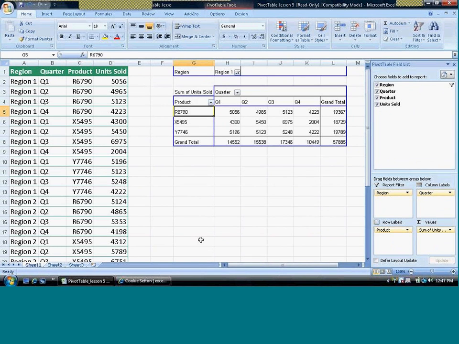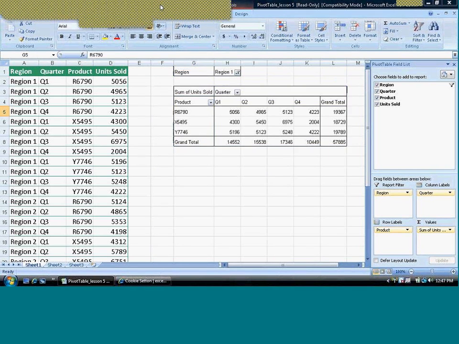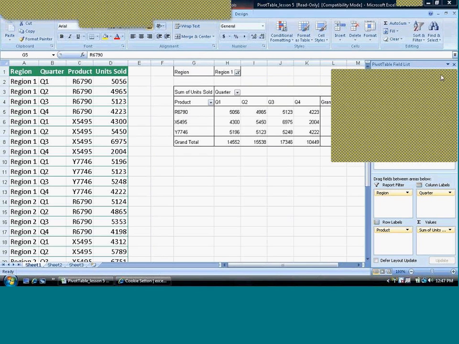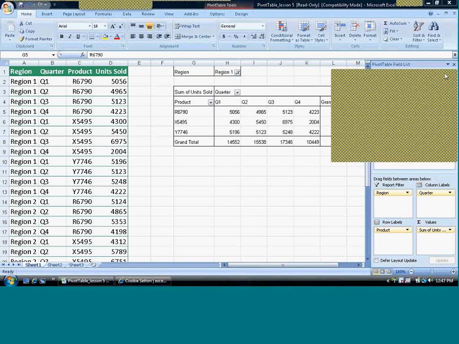Okay, just want to see if there was anything else in this area. Okay, any questions so far? Okay, looks like